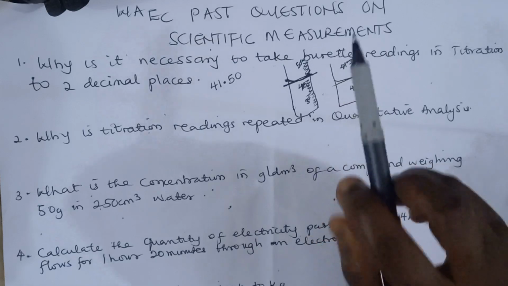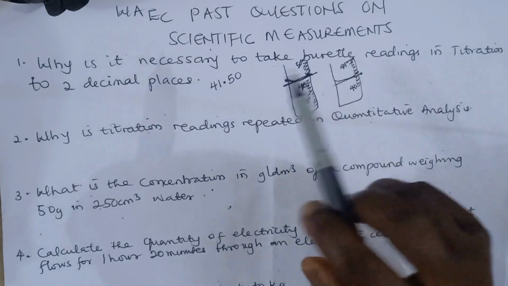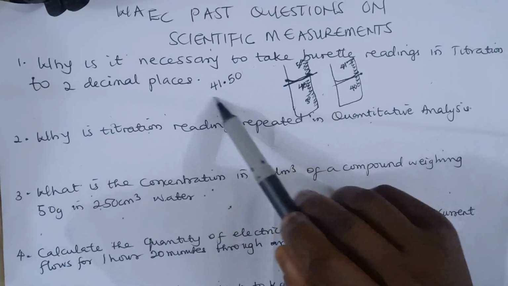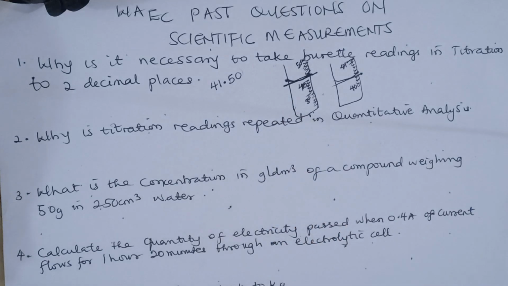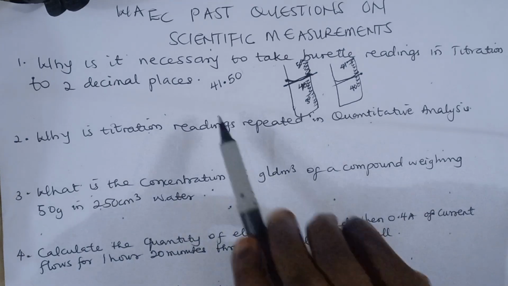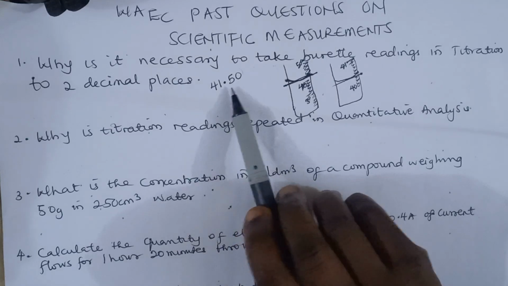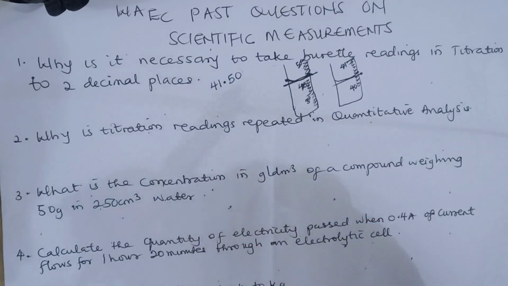So they all count, as at times you may be asked to use these values to calculate other parameters like the molar mass, number of water of crystallization, which are already fixed, and you're expected to get a particular value. So when you manipulate or estimate your answers, you may not get what you're expected to get. So it is important to take burette readings to 2